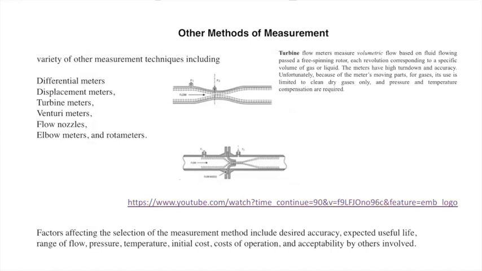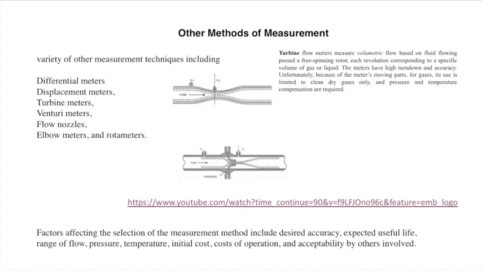So as I discussed, these measurement techniques are different and we require different flow meters. Based on a particular application, we can choose the kind of flow meter which is most suitable for that purpose. And you see that we have differential flow meters like venturi meter, orifice meter, elbow meters. All these come under the category of differential meters. And then we have positive displacement meters.